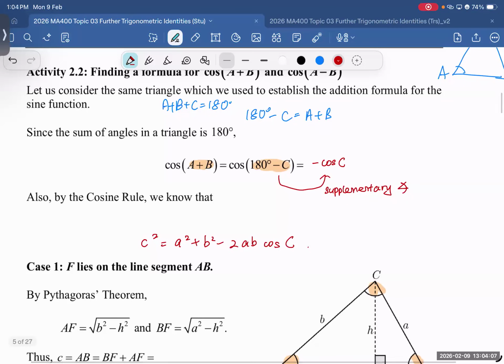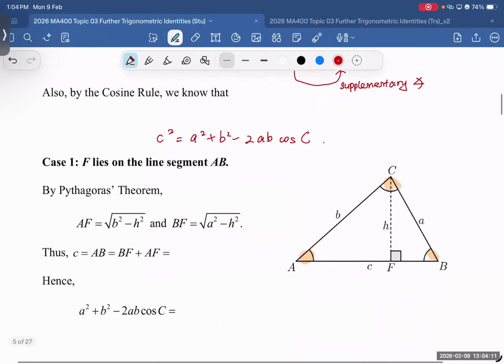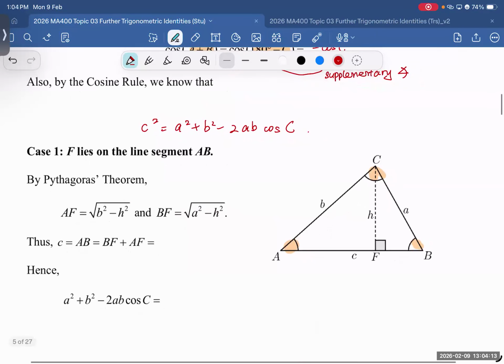I thought you might be copying, so I spoke slowly for a while. Can I say that this is C, remember, small letters are the sides: small a, small b, small c. Capital letters are the angles: capital A, capital B, capital C. Now,